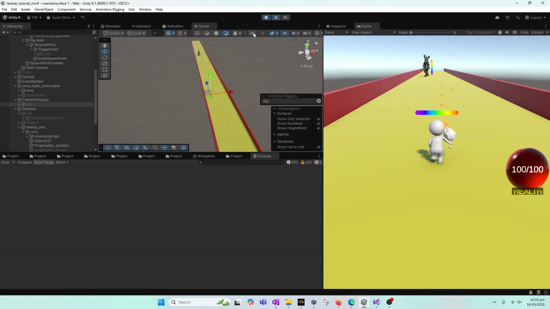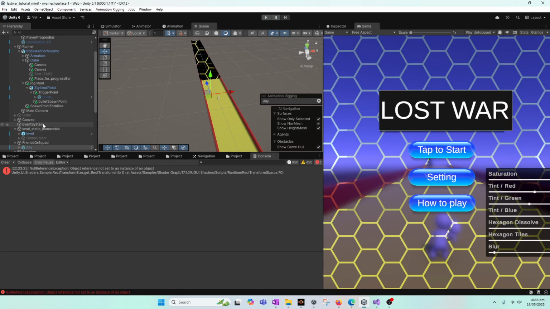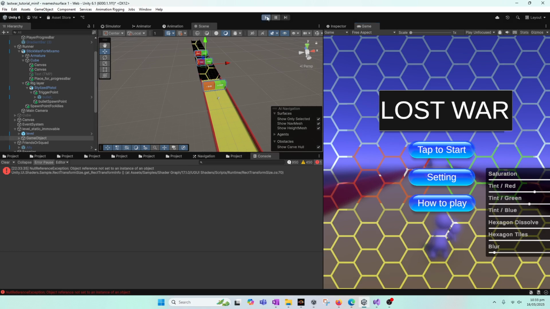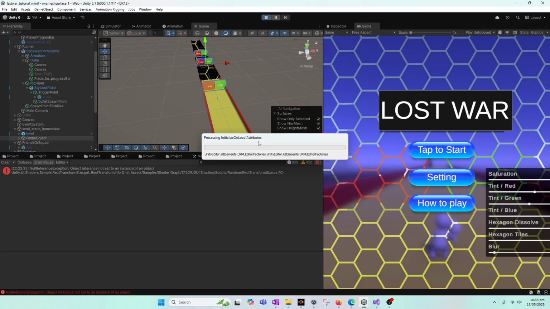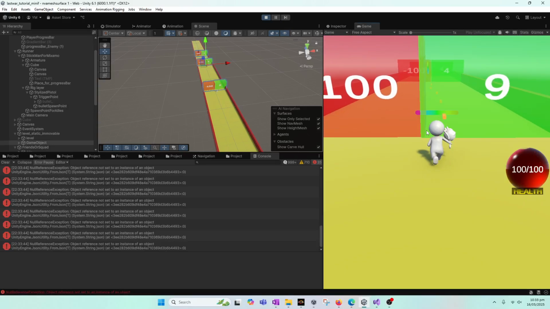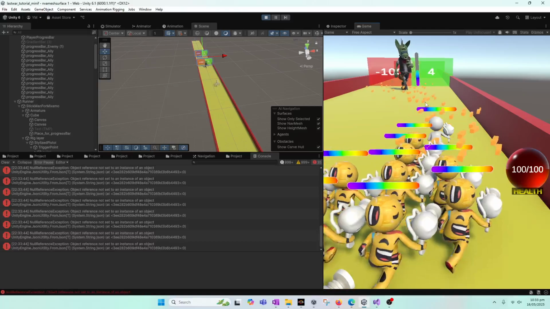So now if I turn on the game object, this game object, and now if you press play, so now as you can see,